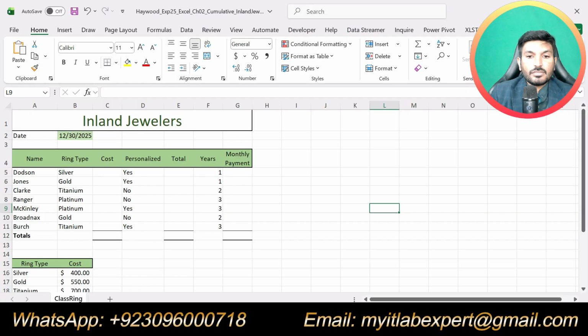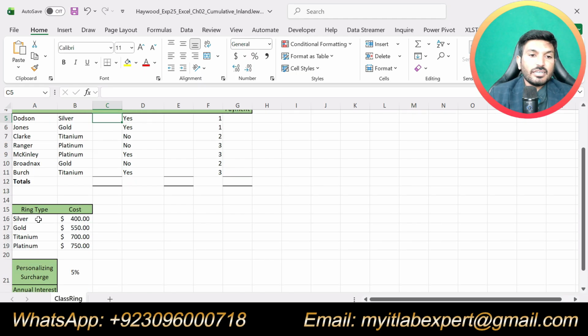So in cell C5, here we are supposed to show the cost of the ring type, like silver, gold, titanium, platinum, etc. So these are the ring types, and for each of the ring types we are supposed to show the cost. So to show the cost of each ring type, we will use a lookup function.